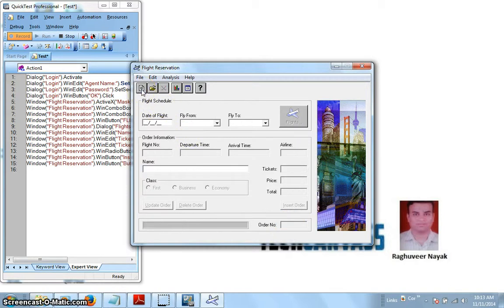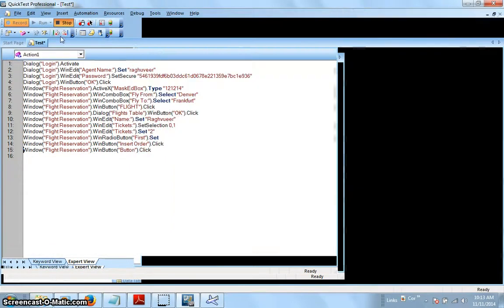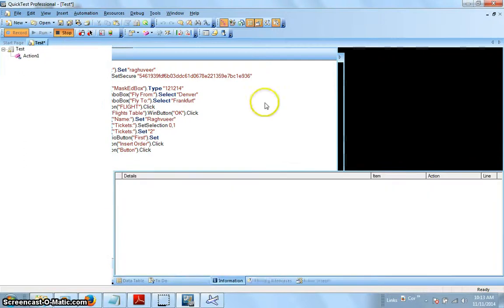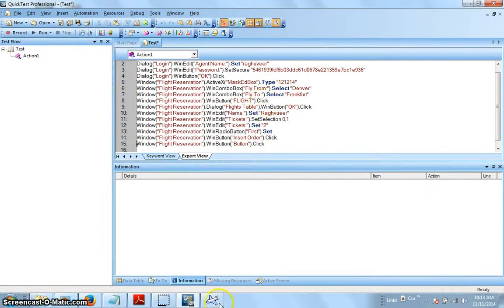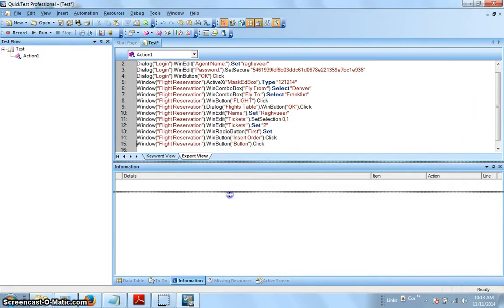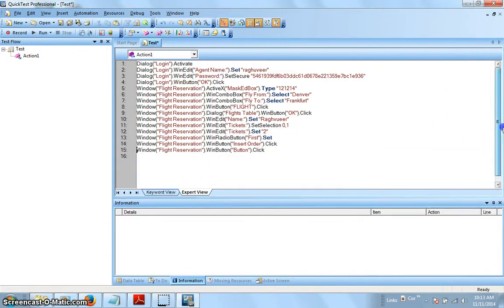Now my activity is completely done. I say stop. I'm closing this. QTP generated 15 lines of code for your task.